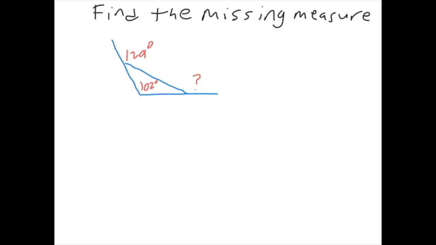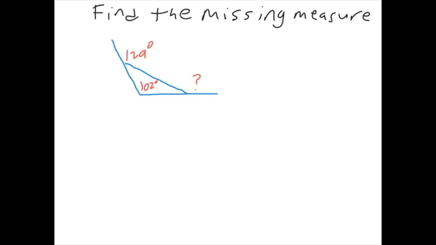Alright, so in this problem, we're given that this exterior angle right here is 129 degrees. This angle right here is 102 degrees, and we need to find this missing measure right here. Well, first thing we want to do is find the interior angle here. So if we have this exterior angle, we know that this interior angle is just 180 degrees minus the exterior